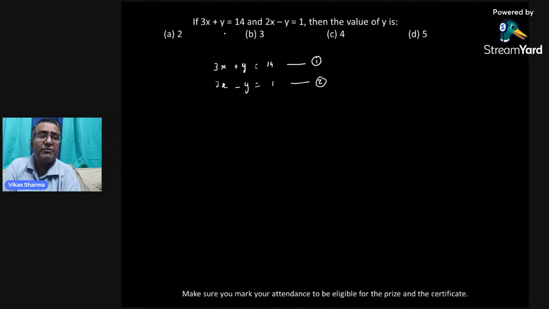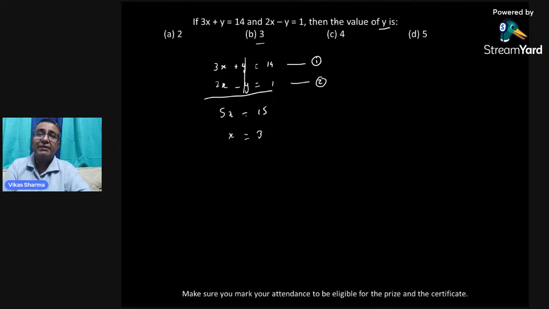So I always prefer to do the elimination method, and we know that if we have to eliminate one variable, since y here is positive in the first equation and negative in the second equation, and it has the same coefficient, all we can do is just add the two equations. So when we add the two equations, y minus y gets cancelled and we get 3x plus 2x, which is equal to 5x, and here 14 plus 1 will give us 15. So to find the value of x, 5 goes to the other side, so it becomes 15 divided by 5, which is equal to 3. So it should have been option B,